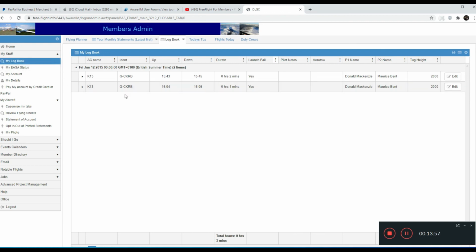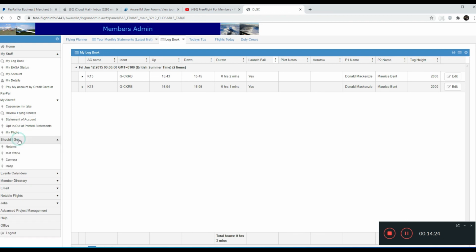So that's it for the basic introduction. There's lots of stuff in here that you can look at. You can't actually break the system, or if you can, then tell somebody and they'll call me and I'll make sure you can't break it in the future. But just have a play around, have a look at things. Not everything will be available on day one. It's going to take time. It may take 2 or 3 months to get everything populated, but you'll find a whole host of benefits along